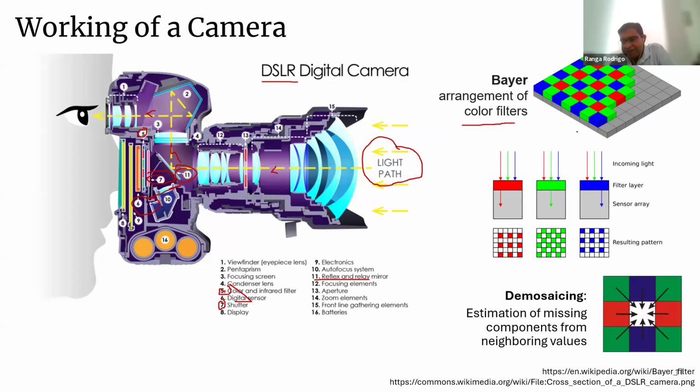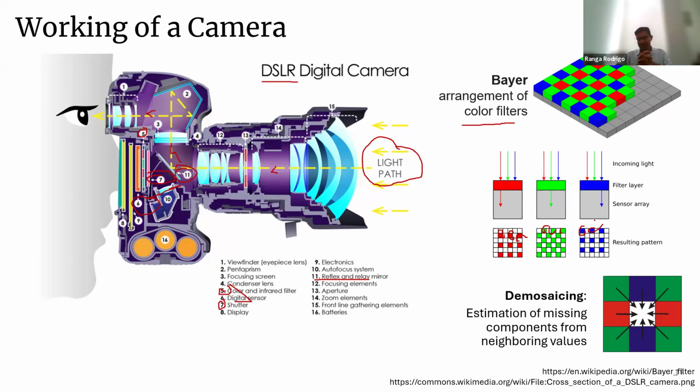What that means is, if you take the red filter, red colors will transmit only for this location, this location, this location, and so on. Green light will transfer through this location, this location, this location. Blue with this, and so on. So you can see this color filter filters out colors, and different pixels in the sensor array get different sensations for